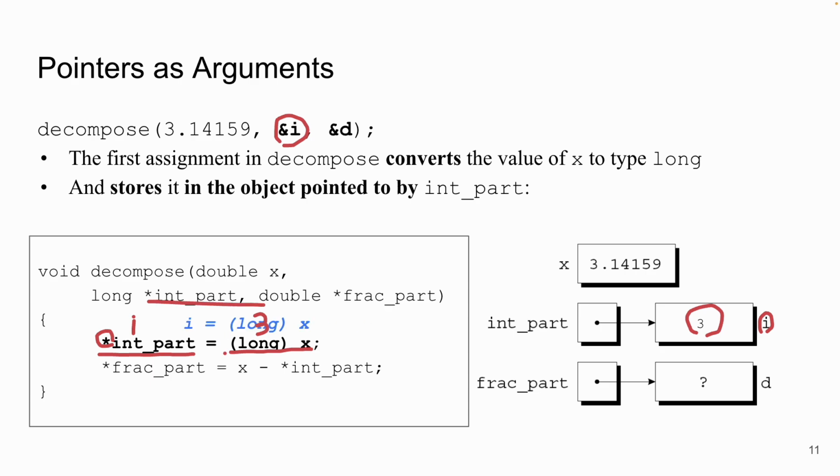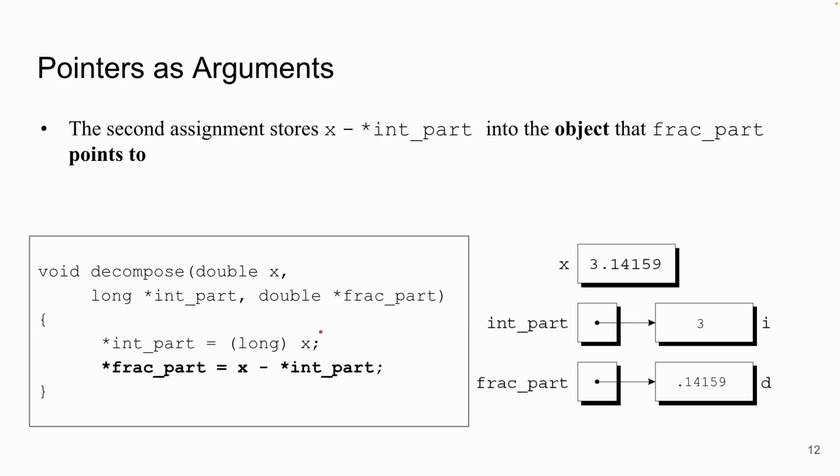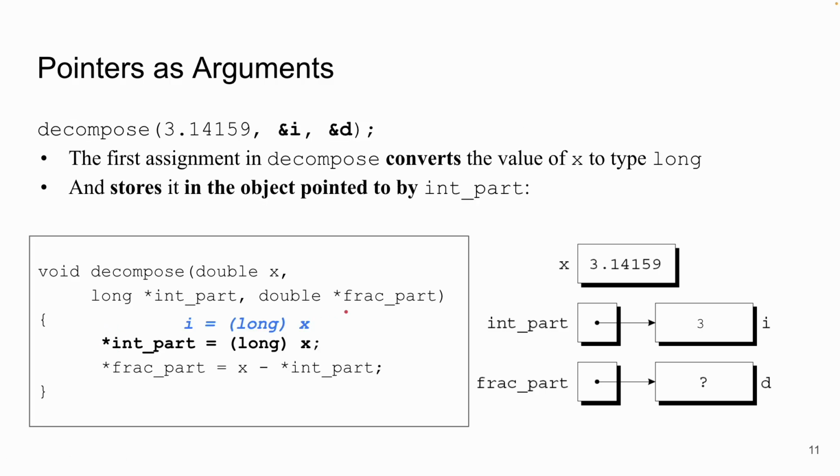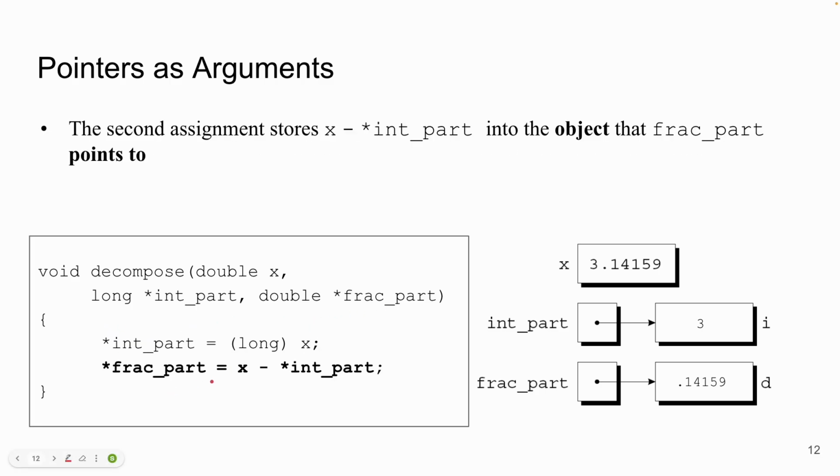So you can replace this line with this line. This is what this line wants to do. Okay, so let's check out the second line. If you know how to interpret this line, you should be able to interpret the second line. What the second line basically wants to do is to